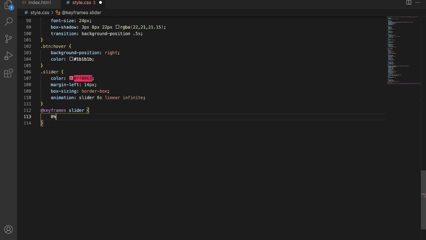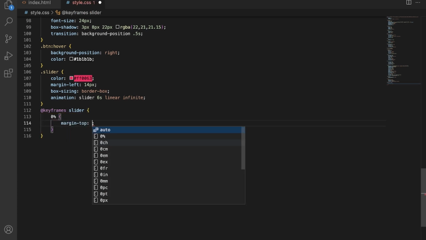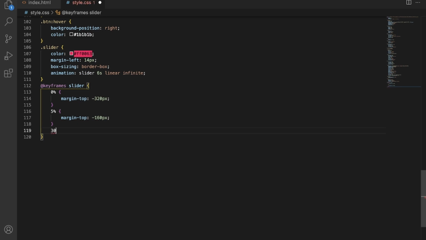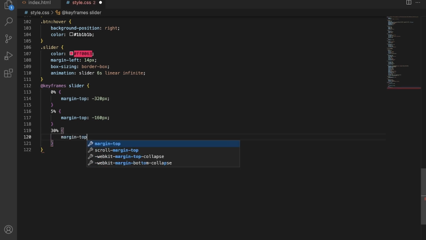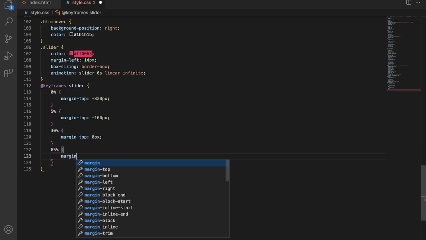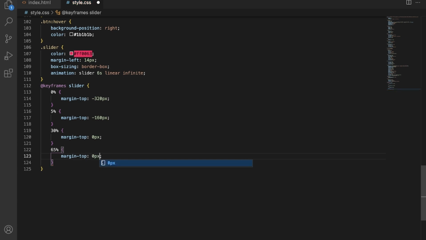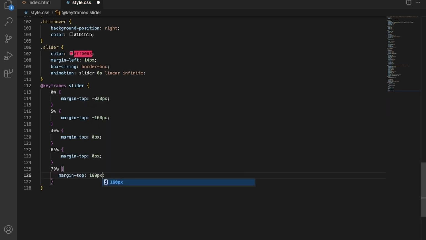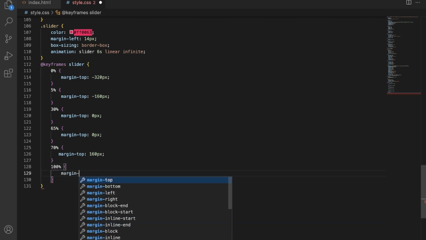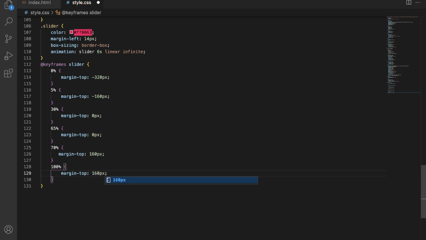Here I will use the property keyframes slider. So at 0% margin top minus 320 pixel, at 5% margin top minus 160 pixel, at 30% margin top 0 pixel, at 65% margin top also 0 pixel, at 70% margin top 160 pixel, and at the last 100% margin top 160 pixel.